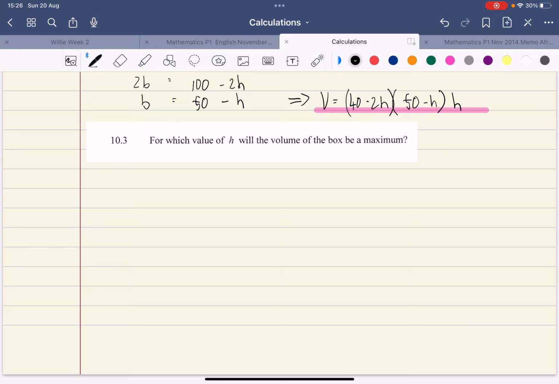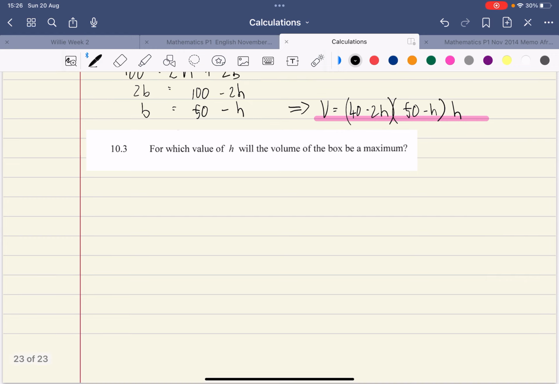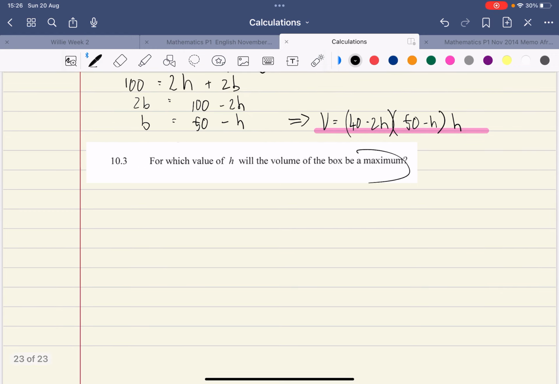Question 10.3. For which value of h will the volume of the box be a maximum? Now remember, when we read the word maximum or minimum, we must be thinking of calculus, and in particular, the first derivative. So just like we've been doing before, we have an expression in terms of h that gives the volume of our box. So if we wanted to find a value of h for which the box would be a maximum or minimum, you must immediately be thinking of